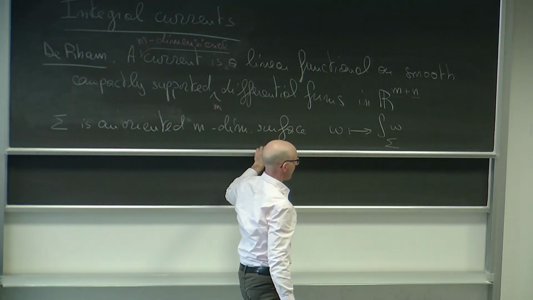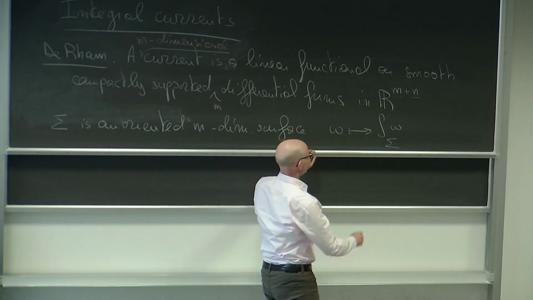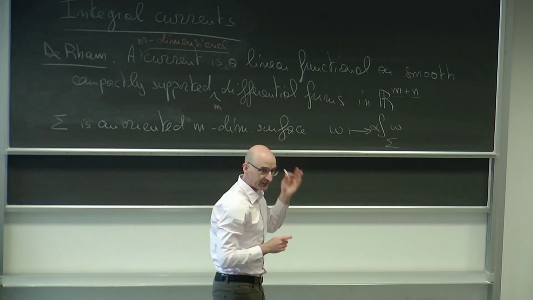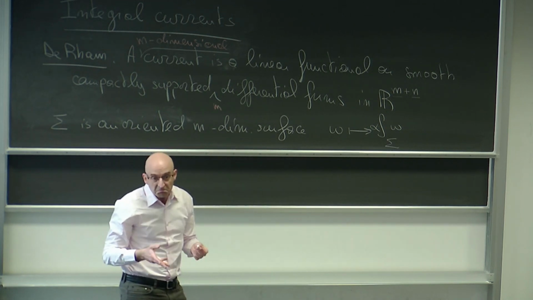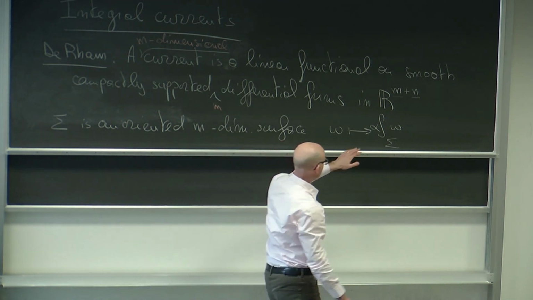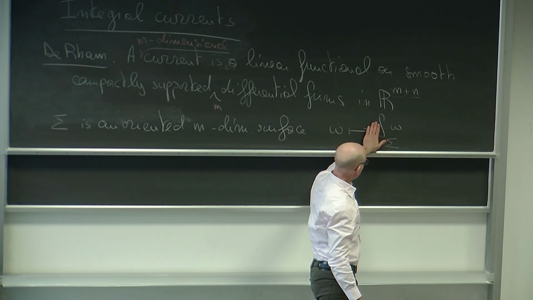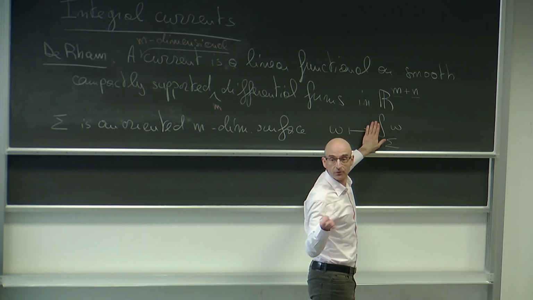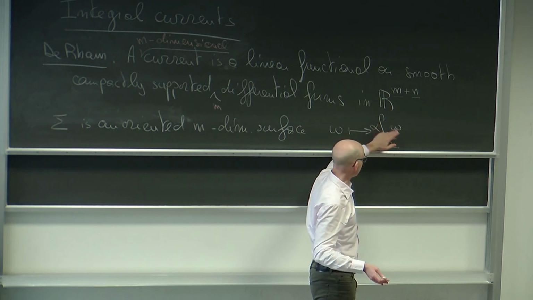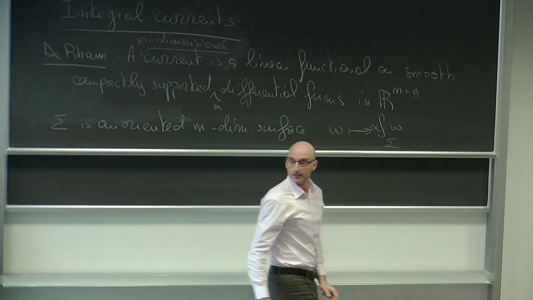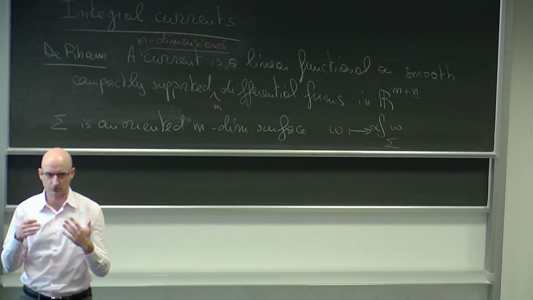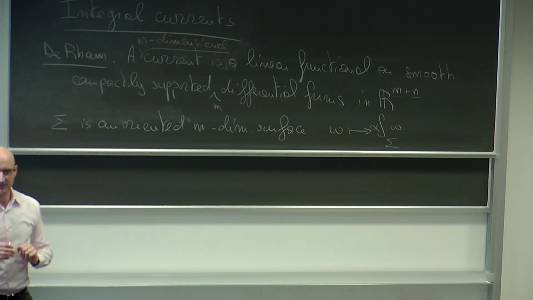Okay, very well. There's one thing, of course, that you might anyway notice: this is certainly fine, but the other thing that I can do is put a real number over here, and this still gives me a functional. And I could do even a more complicated thing. I can decide, for any weight that you give me, a smooth function on sigma taking values in R, and I can integrate against that weight. Okay? And then you start seeing that my generalization of this m-dimensional surface leads to something to be desired.